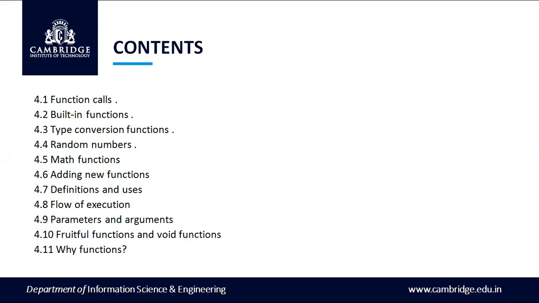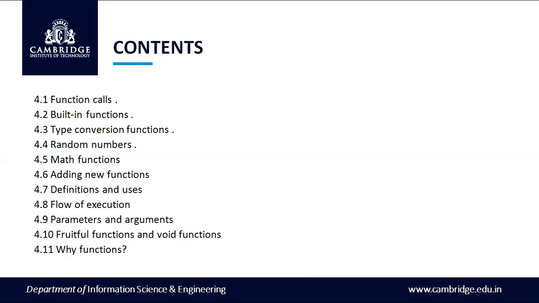All these type conversion functions we'll be studying in this chapter. We'll also learn about random numbers and math functions. When we use pi, square root, cos, tan, what package is required to be imported in Python programming? And also adding new functions,